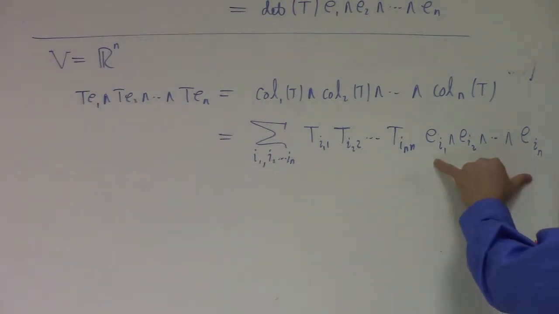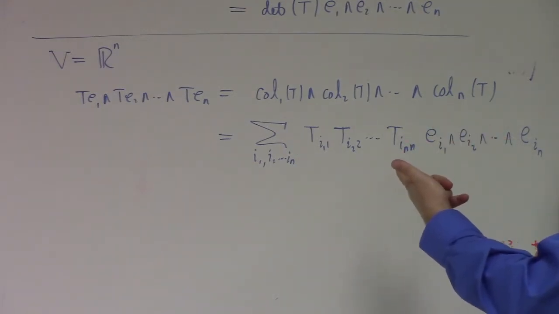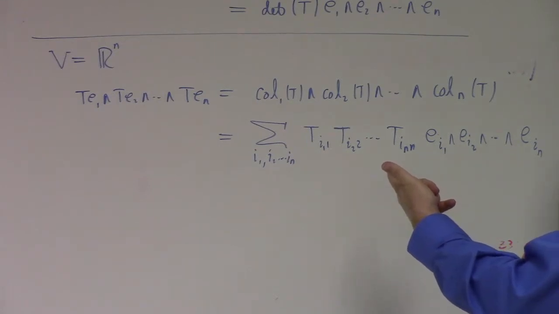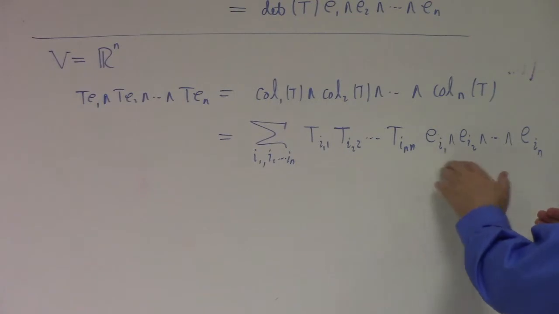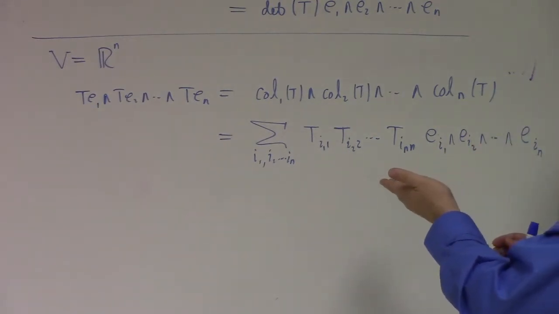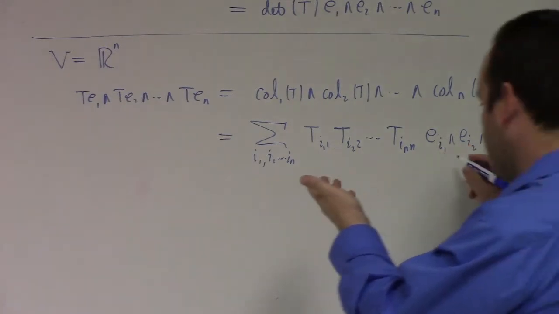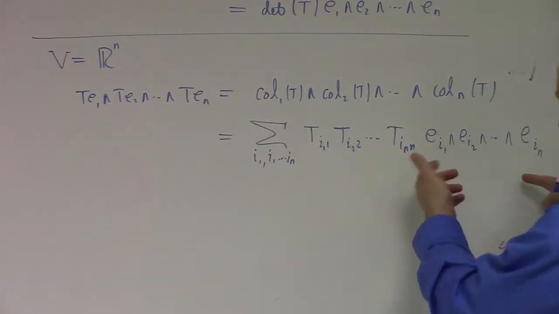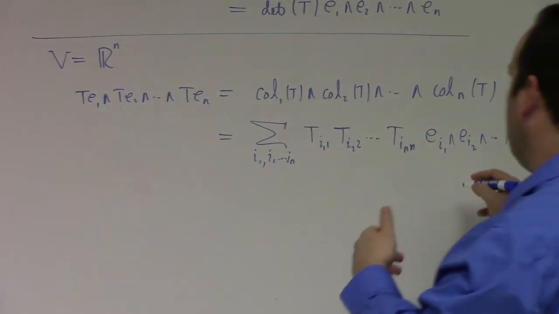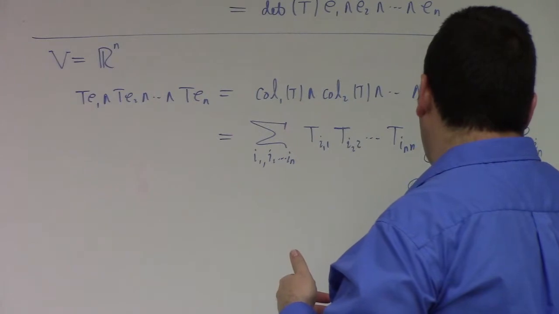This is the wedge product. Now, how can I rewrite this in terms of just E1 through En? In other words, I want to permute these. I mean, this has to be 1 through n here, or it's 0, so who cares? Well, this doesn't have to be 1 through n. This could have a repeat or something. The point is that this is exactly epsilon i1,